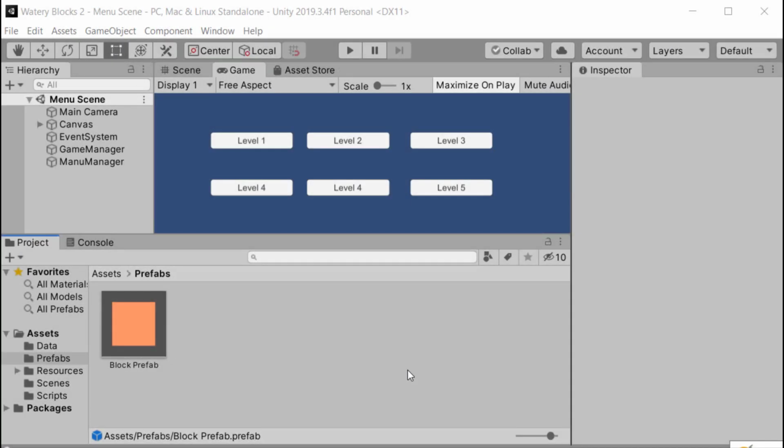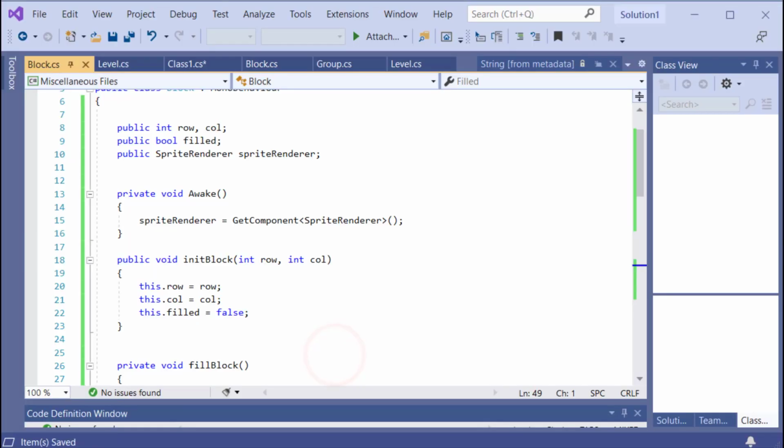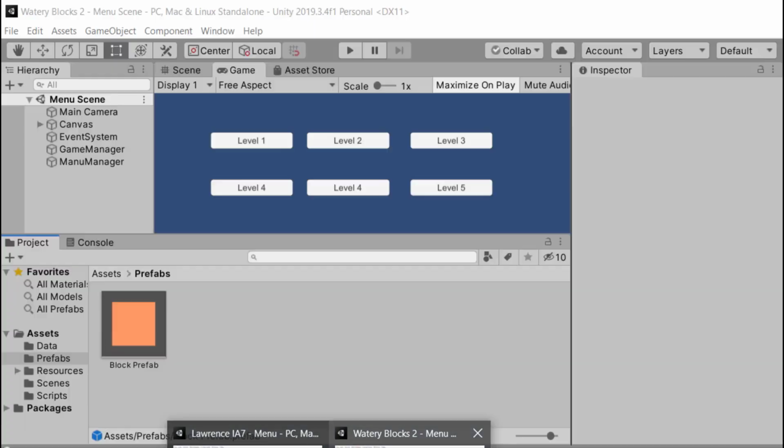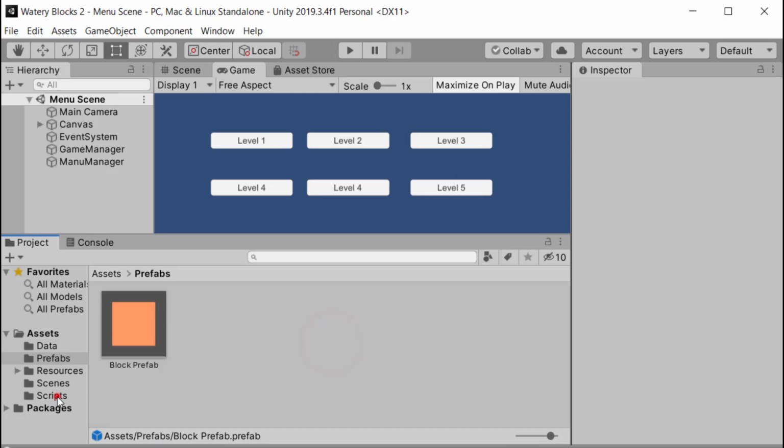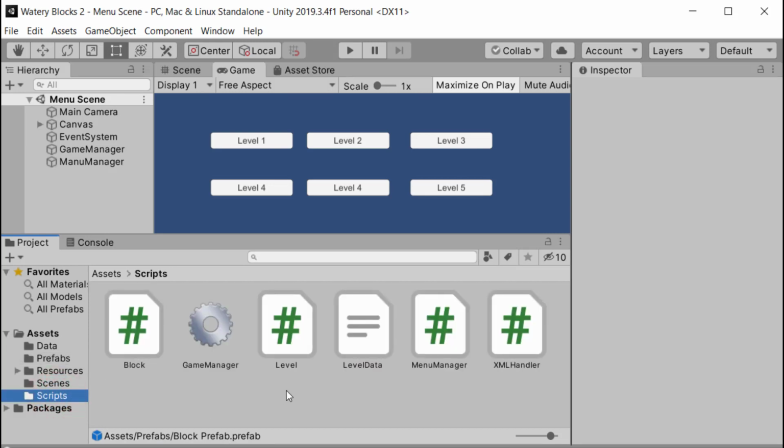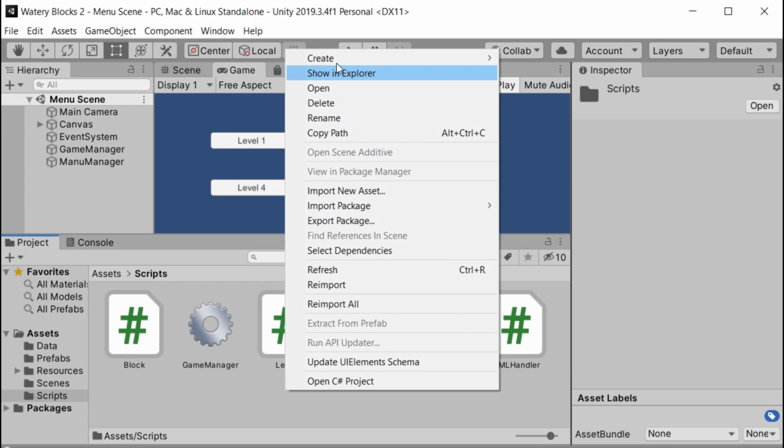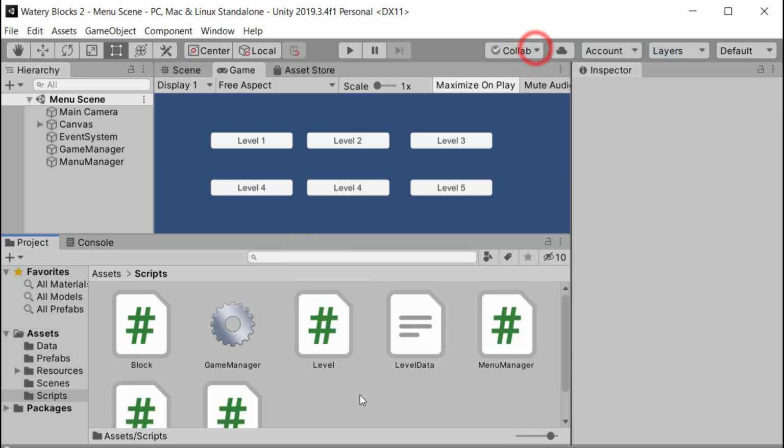Okay, now we have the blocks. We need to put them into their groups so we can get the right sprite on them. So we're going to make a new class called group. Oh, group, sorry. So group,